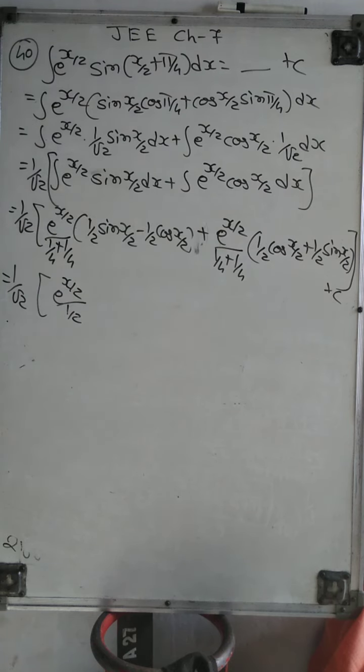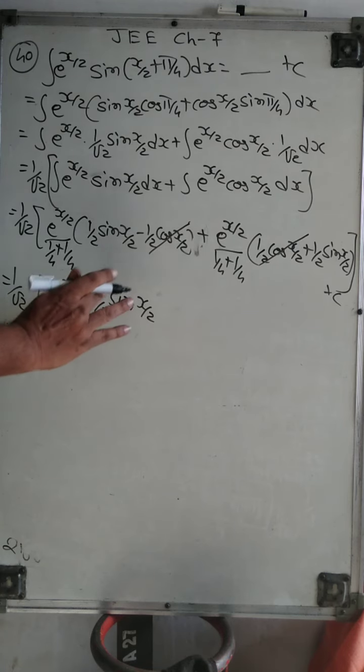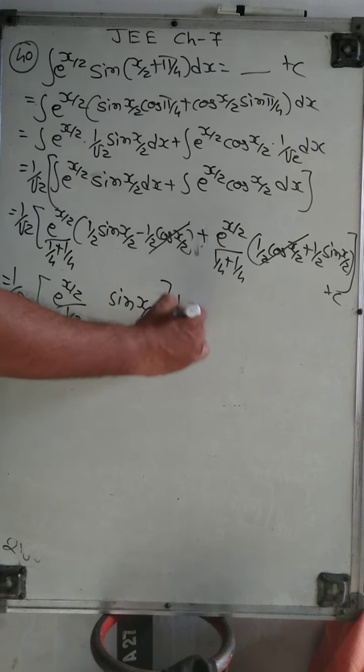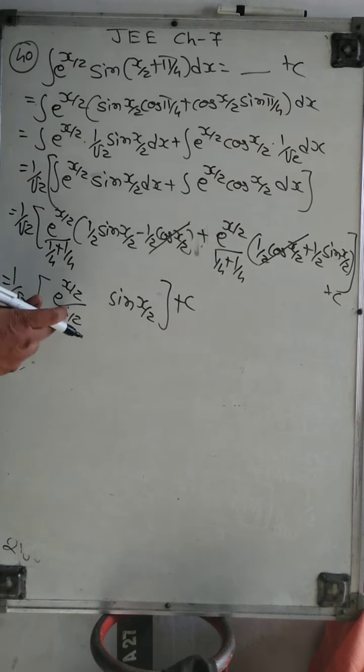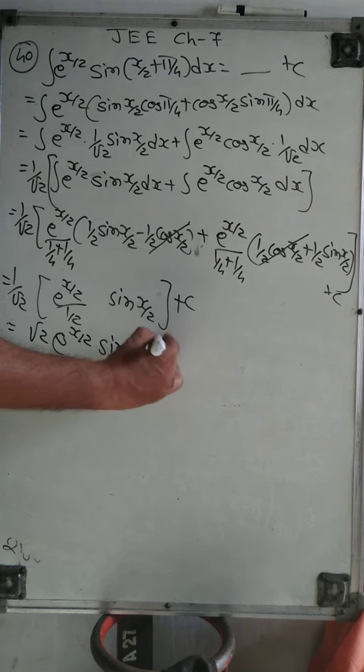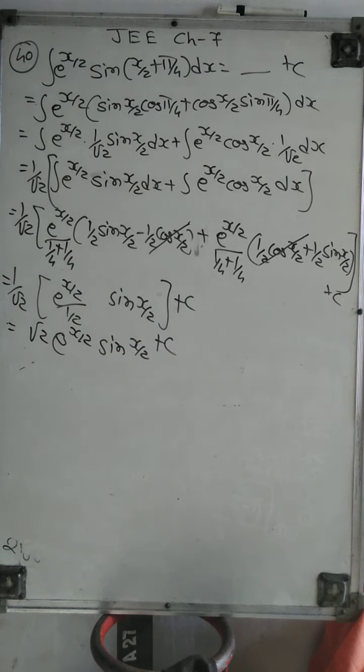Okay, so when we simplify it, 1 by 2 sin x by 2 means this cos x by 2 and this cos x by 2 are cancelled, so we have 1 by 2 sin x by 2, and the same one is there, means 2 by 2, sin x by 2 is as it is, right? And then this 1 by 2 we cut with this 1 upon root 2, then we get root 2 e raised to x by 2 sin x by 2 plus c. So this is our final answer, root 2 e raised to x by 2 sin x